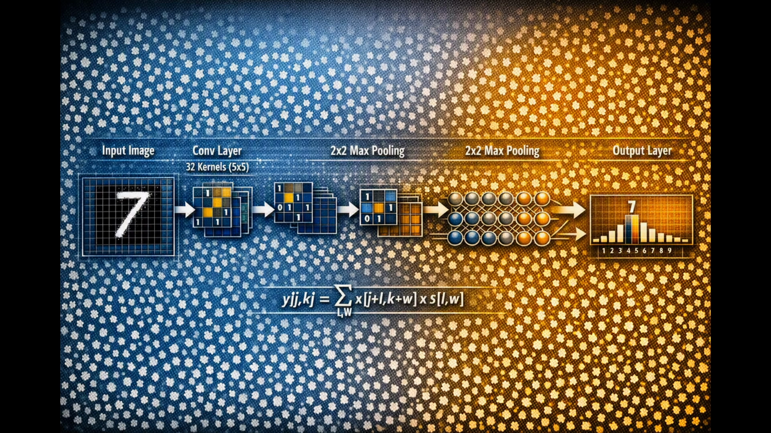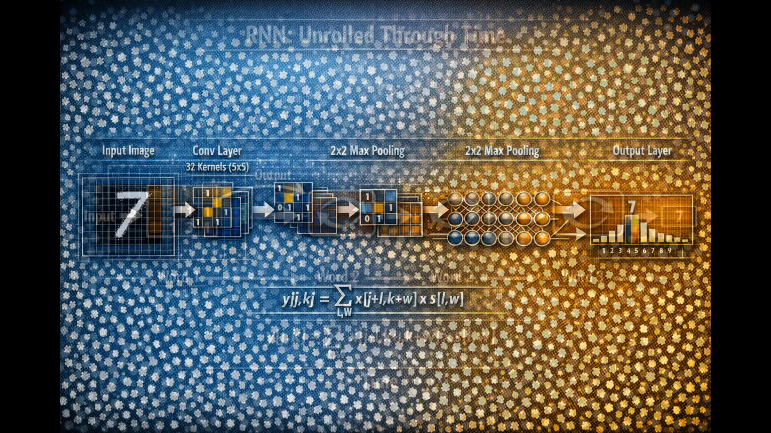After the second pooling layer, the resulting feature maps are flattened and passed into a fully connected layer of 128 units, which then feeds into the final output layer of 10 units, 1 per digit, using Softmax, just like the